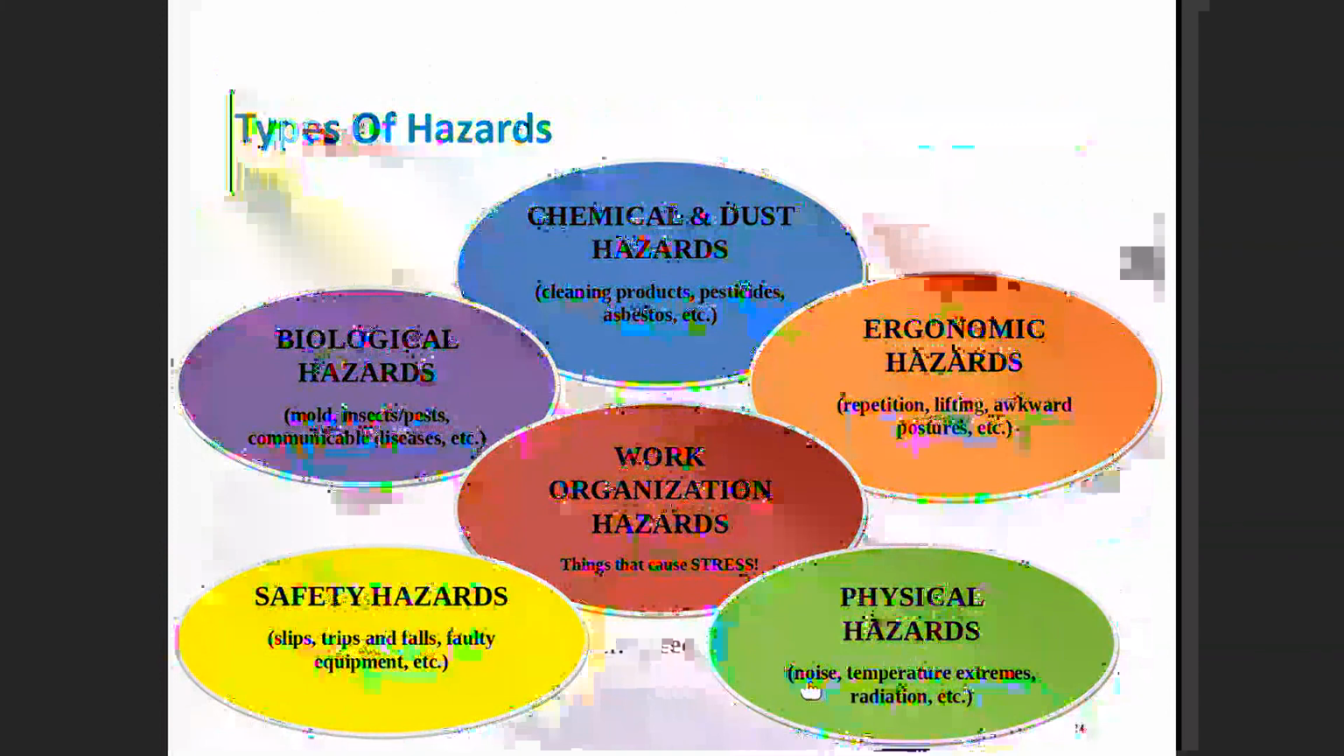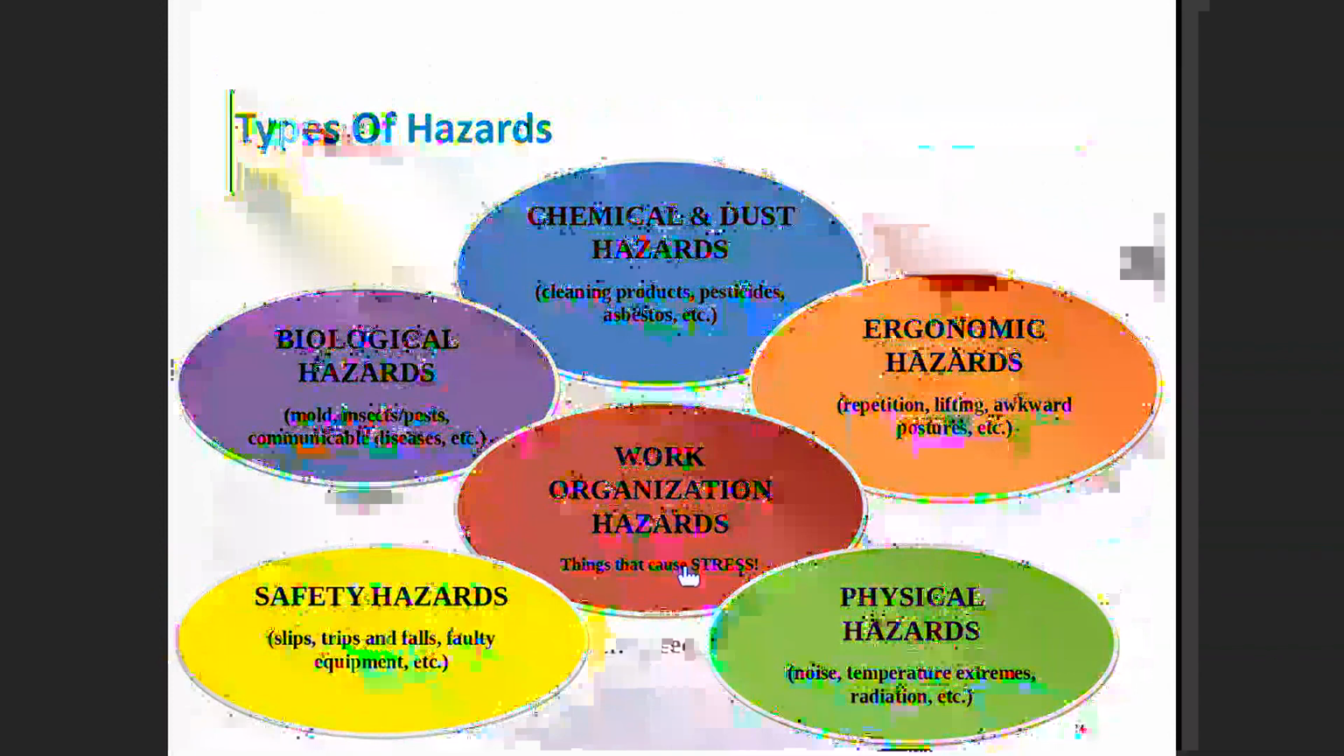exposure to radiation, or infrared rays, or even ultraviolet rays that affect the skin. So this is also physical hazards. Safety hazards like slips, it could happen on a floor that is just a wet floor, falls, faulty equipment. These are safety hazards. Another type of the safety hazards, work organization hazards, and things that cause stress, and the